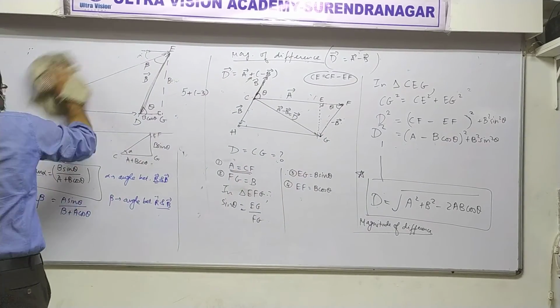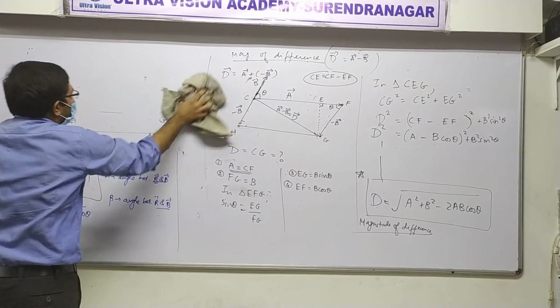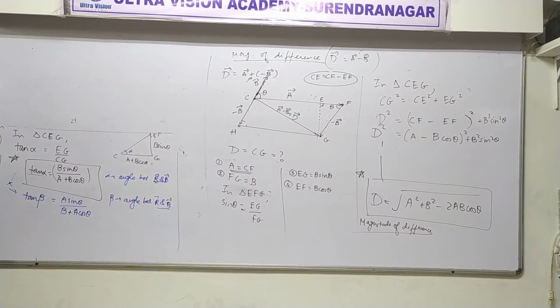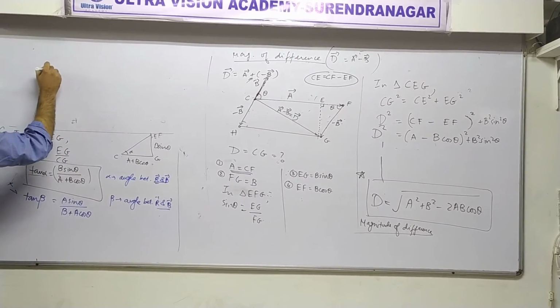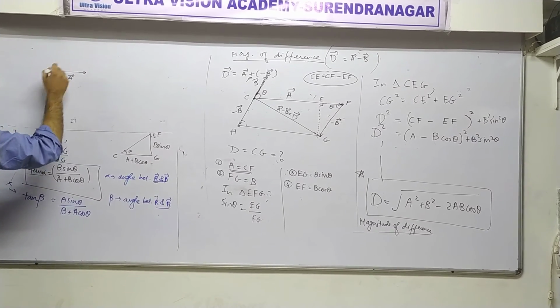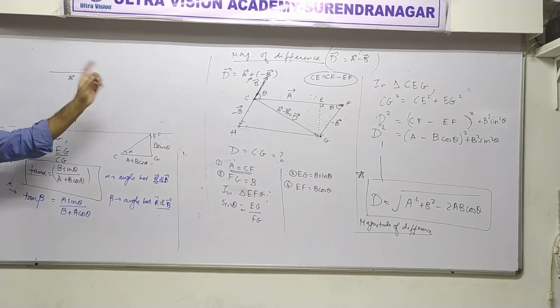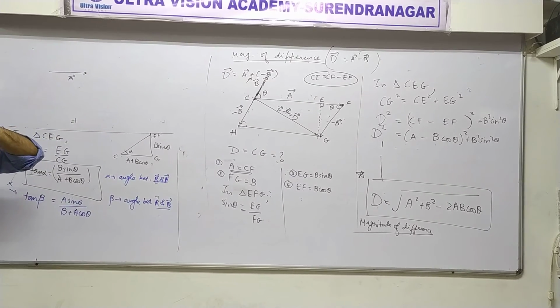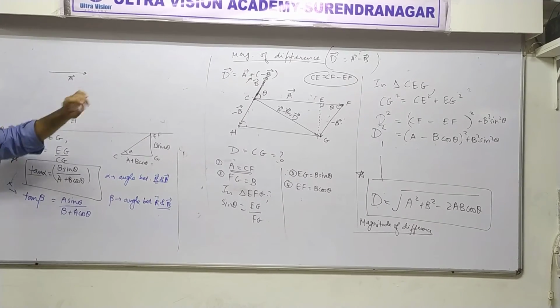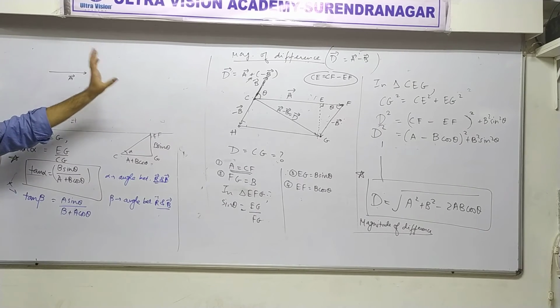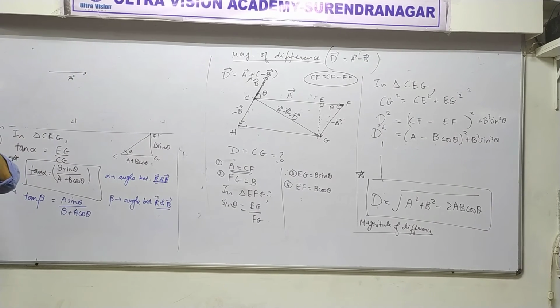Let's do a sum. Do it right now, I won't give it as homework. Yeah, in your textbook only the magnitude of resultant is given, the magnitude of difference is not given. Alright, this is example 4.2 by the way, if I am not saying it wrong. Example 4.2.